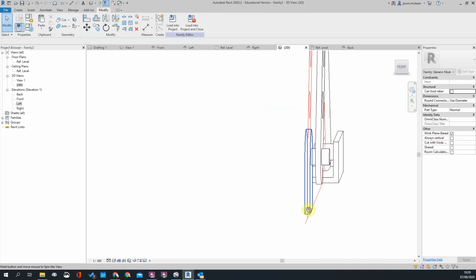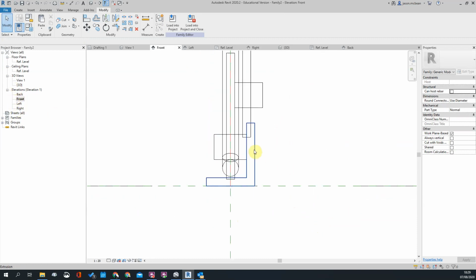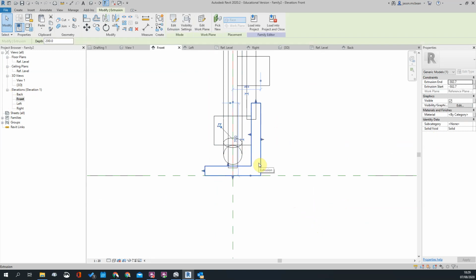Okay, the last thing I need to do is just give this a plate. So let's go to right or front or back, doesn't matter. So here